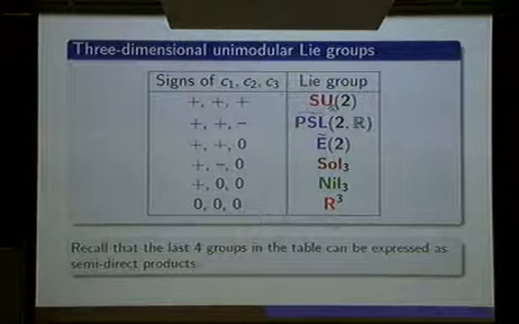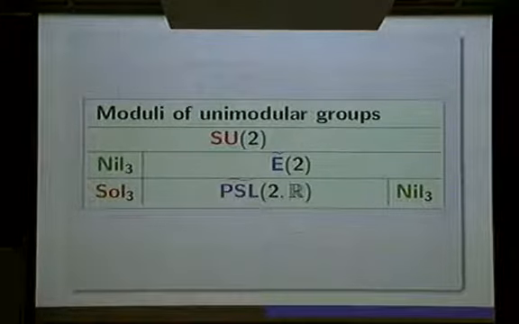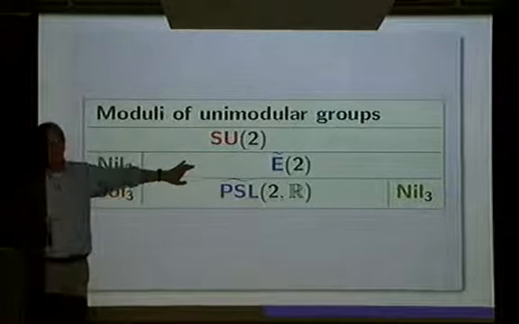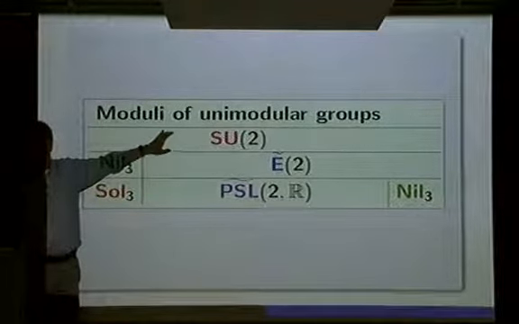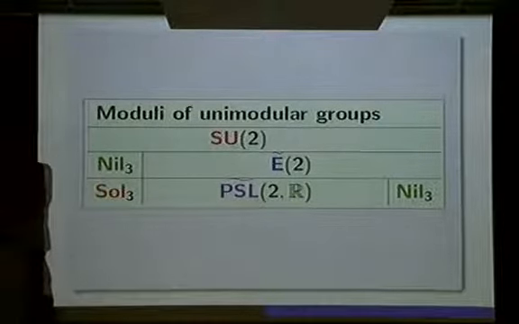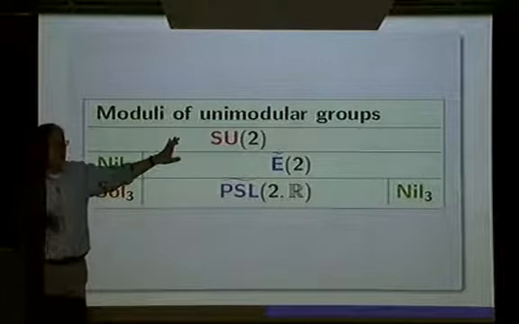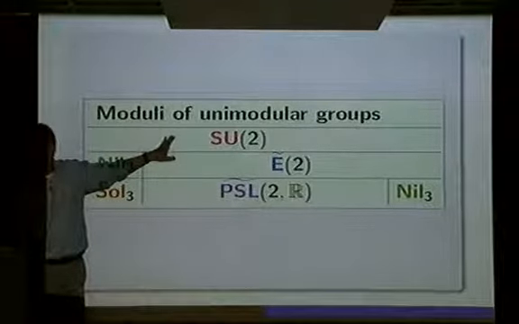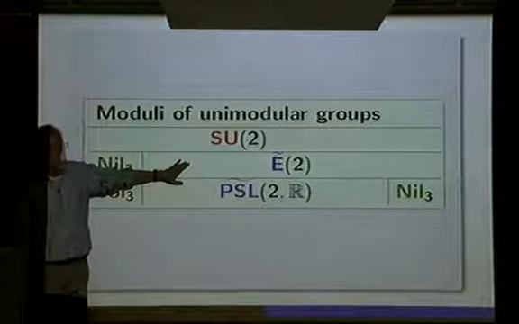But notice that some of these are limits of other ones. So for example, this is plus plus, and if I let 2 of the pluses go to 0, remember we can change the constants. As we change the constants, we change the metric. Remember, there are 3 particular orthogonal directions, and then we change the lengths of those numbers. If we make those numbers go to 0 on some of the components, then we can get something being 0. So 3 pluses can then go to 2 pluses and a 0, in which case we get all the metrics